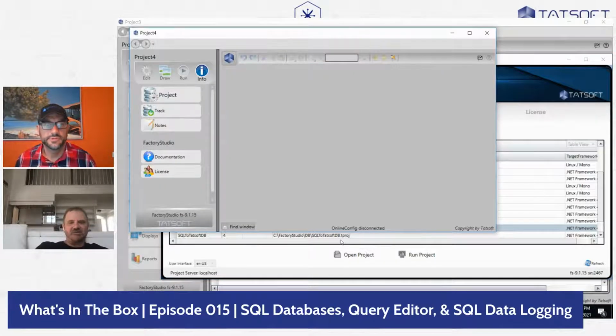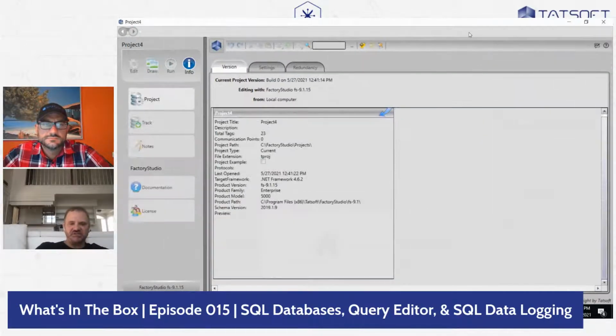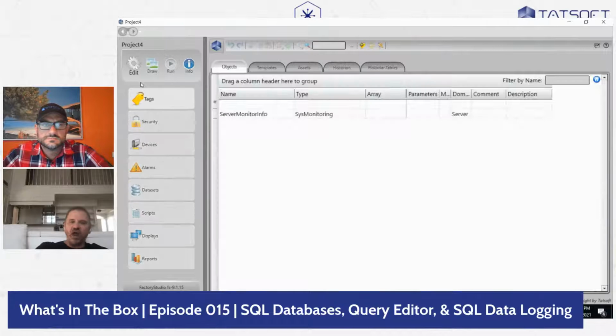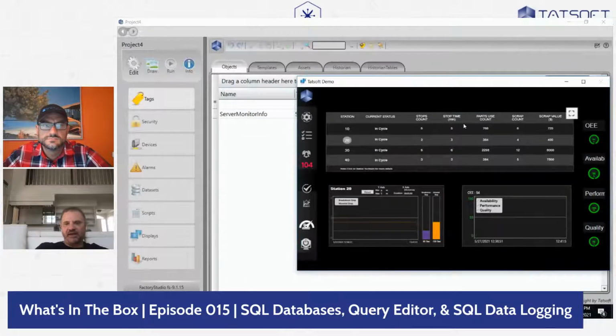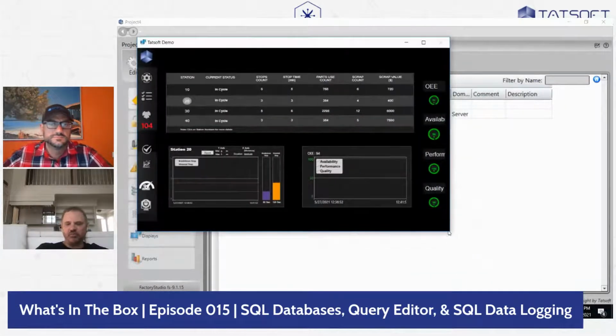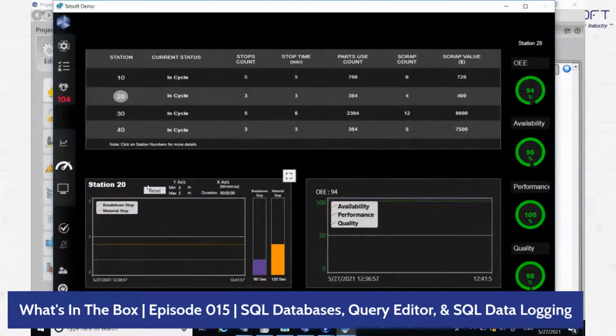Okay. So all three. Because remember, everything in our product is an object. So the same way a tag is an object, the result of a query is also an object. So we can access it from any of our programming languages. You can access it from any place in your application. In fact, if we go to our demo application, the demo project,